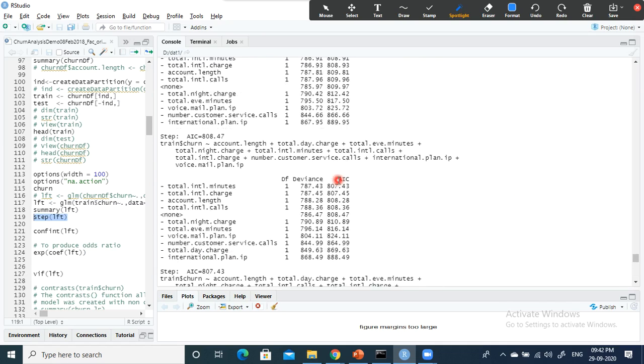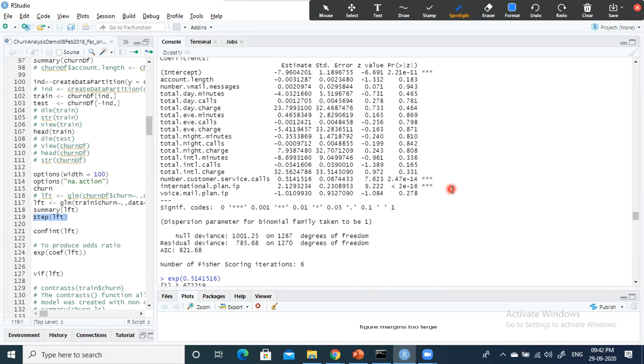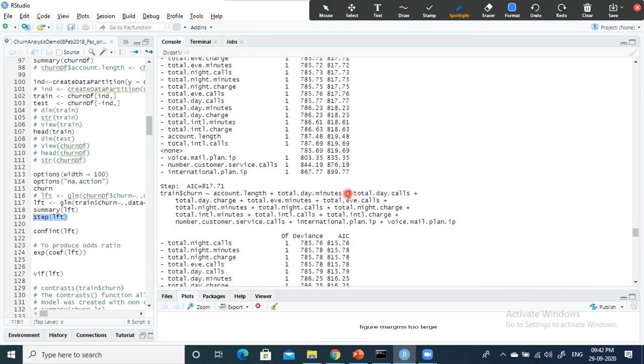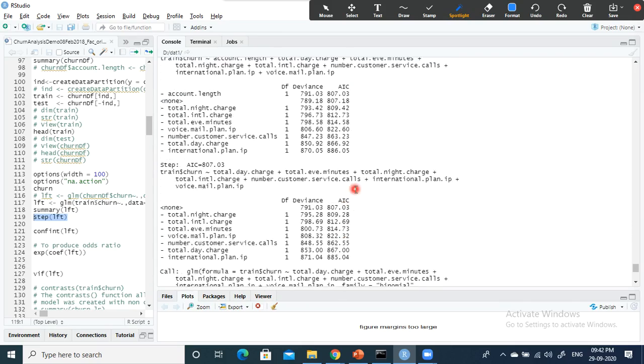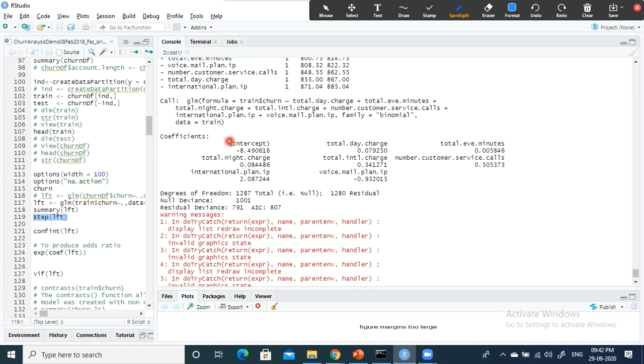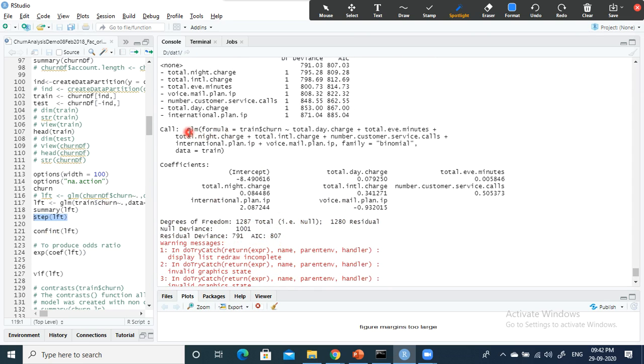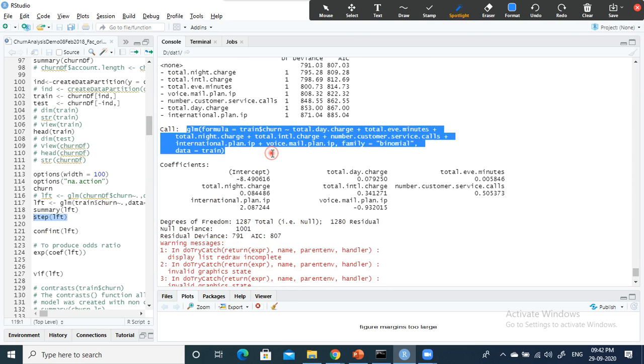Still, look here, we cannot completely rely on the stars. Whichever column has triple stars, I told you to include only these two columns. That is wrong here. Look here, when you use the step function, we have to go by the step function because it combines multiple features. The combination of features can also make some changes. It recommends the last one. When I use the step function, it will run like anything, right? And finally it will stop. If you scroll up a little bit, this is the one recommended by my model.